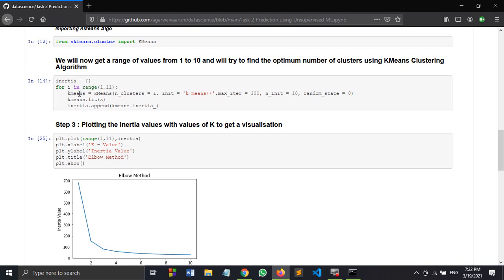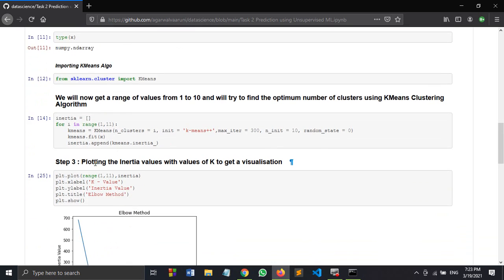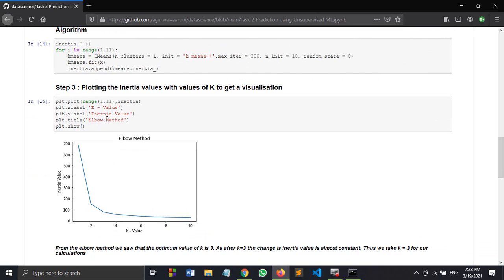In this k-means variable, I am initializing the k-means model. The number of clusters I am changing every time with the value of i, and all the rest of the parameters I am keeping the same. Then I am fitting the k-means model to X, which is my data, and whatever values of inertia I get, I am adding to my list inertia.